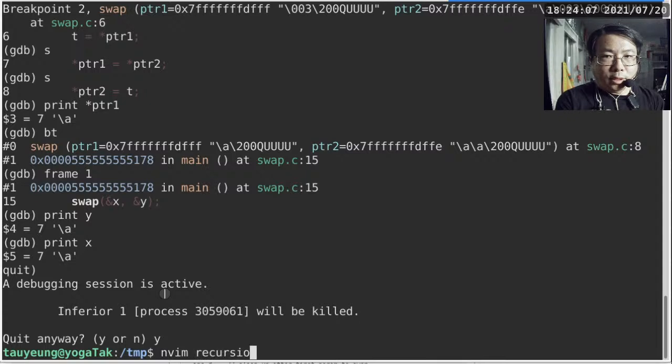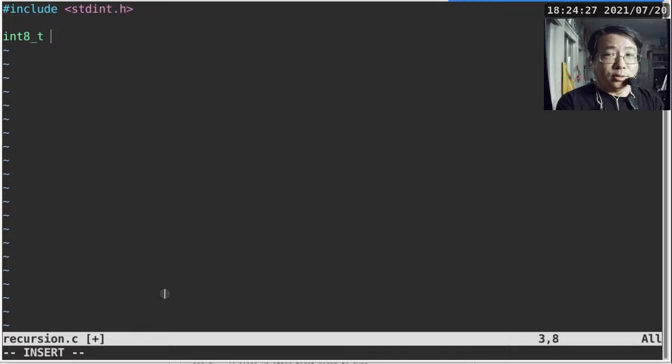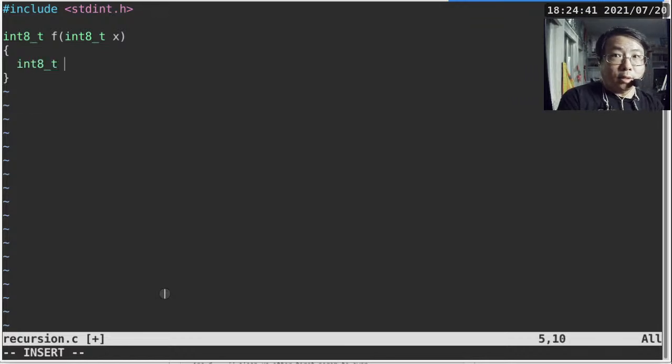So we'll do another recursion program. We'll do it in C first. And we'll include stdint.h and have the return type as int8_t, so that's signed. Whether it's signed or not really is not important because of the range of values that we're going to use to test this program. And it's going to take one parameter, which I will call x. And it's going to have a local variable, which is int8_t. I'll call that v. And we'll say v equals to,